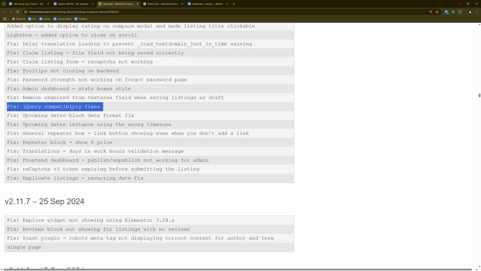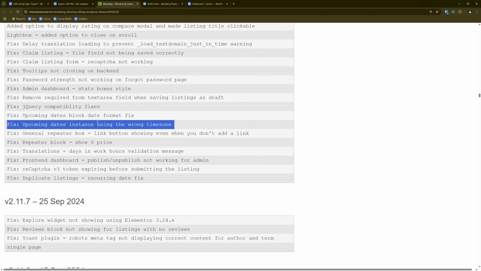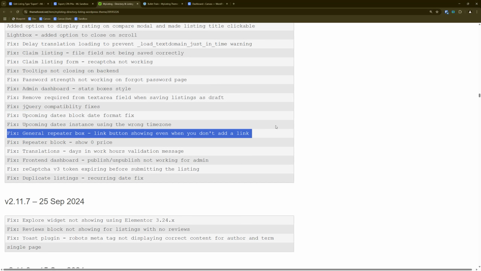I can't show you what that is, but I'm glad they fixed it. Next up is upcoming dates block format fix. I can't show you that either. That would take too much time. Glad they fixed it. Fix upcoming dates instance using the wrong time zone. Okay, another one, not going to show you. Glad they fixed it. Next up is another fix, general repeater box, link button showing even when you don't add